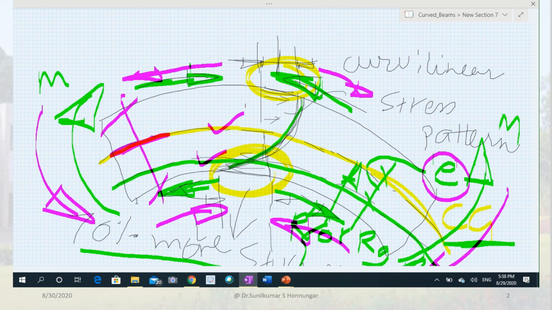And the last column, if you are very particular, you can solve yourself, but I will not be doing any problem because it is out of our syllabus. So they have given the values of Ki, Ko, and then e by R ratio, R by c ratio. Depending upon that, you can select the Ki value.